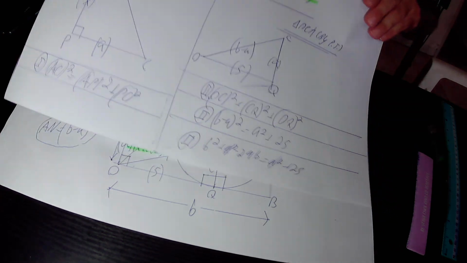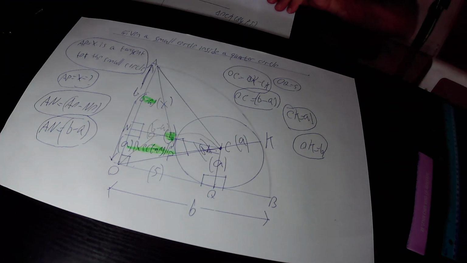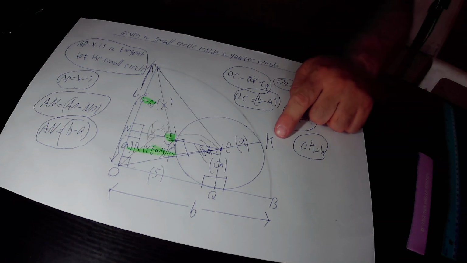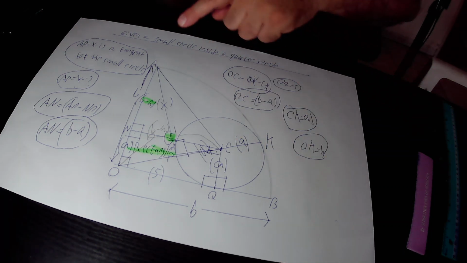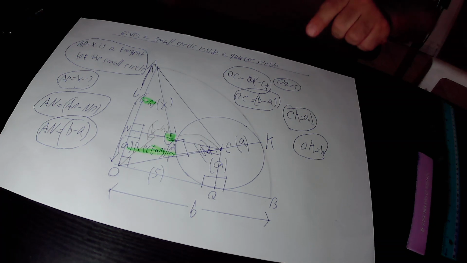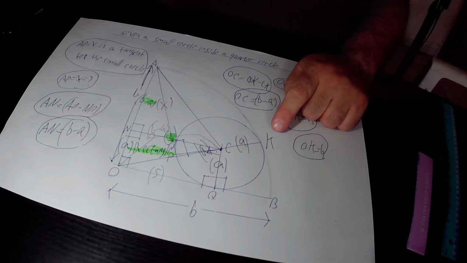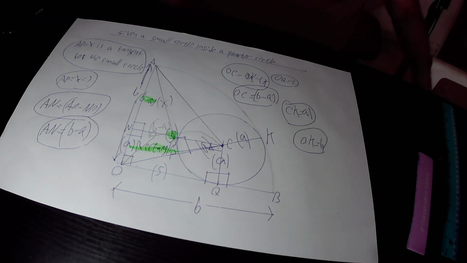As I mentioned before, point K is the touching point between the small circle and the big quarter circle. That is to say, they touch each other internally at point K. And whenever you have internal tangency between two circles, you can implement rule 9. Let me quickly repeat rule 9. According to rule 9,